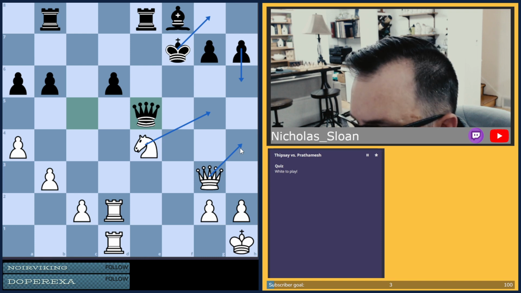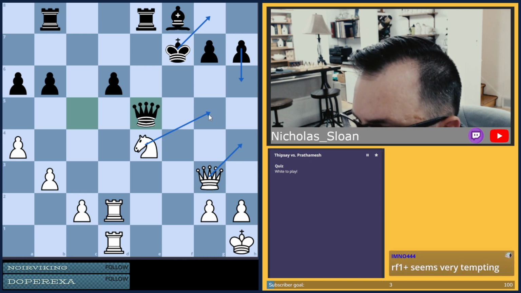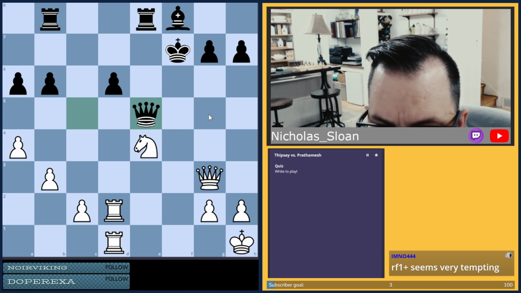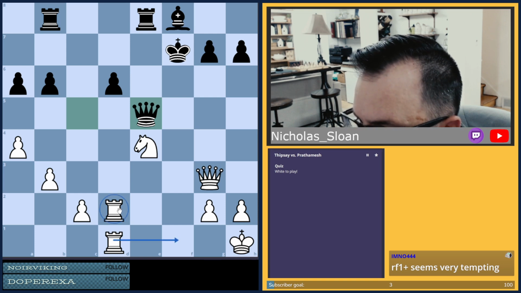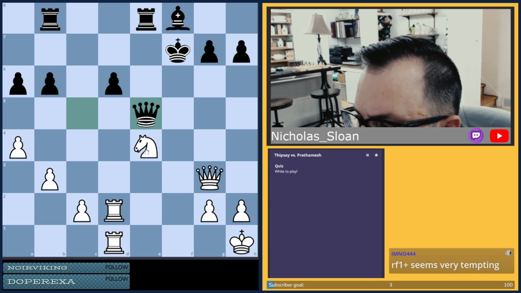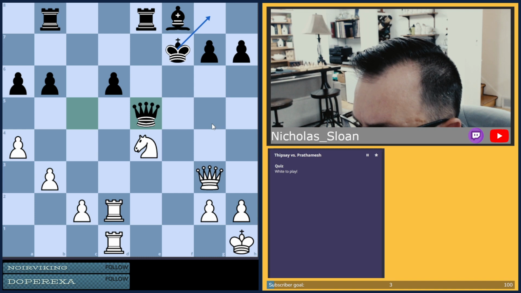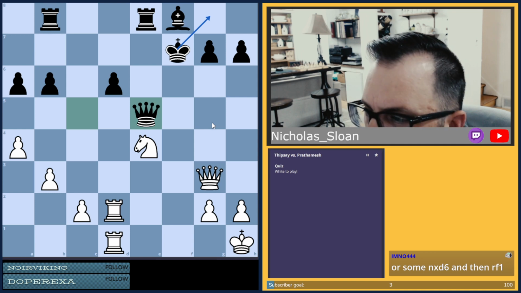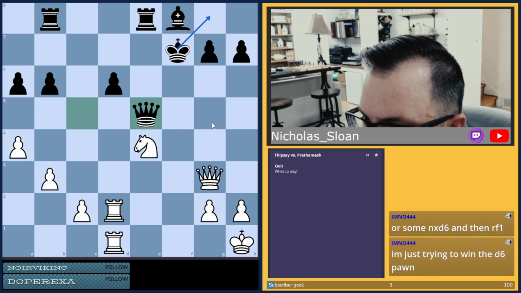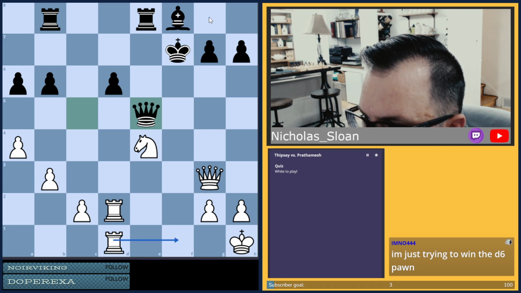Here. And then we don't have anything else. Doesn't work. Rook f1. Yeah, either one of these rooks to f1 also seems tempting. But then what's the follow-up? He just moves back. Wait a second, wait a second. So, what about here? Moves back.